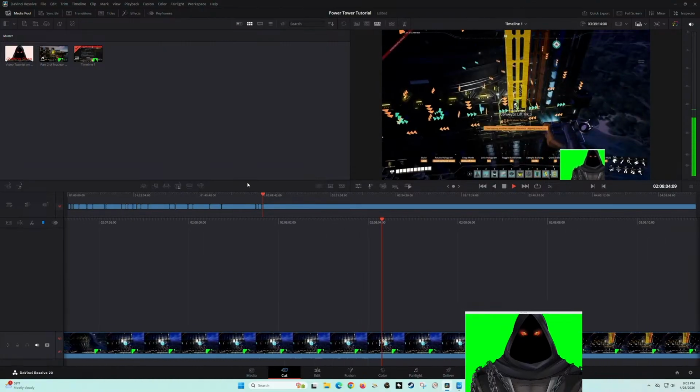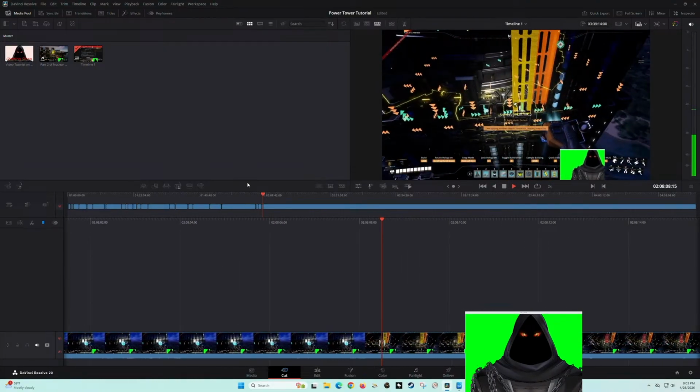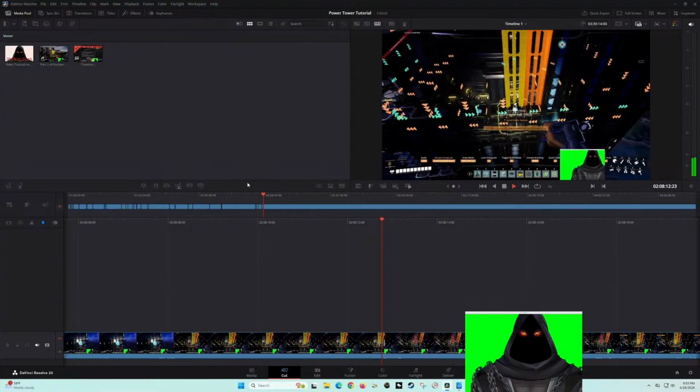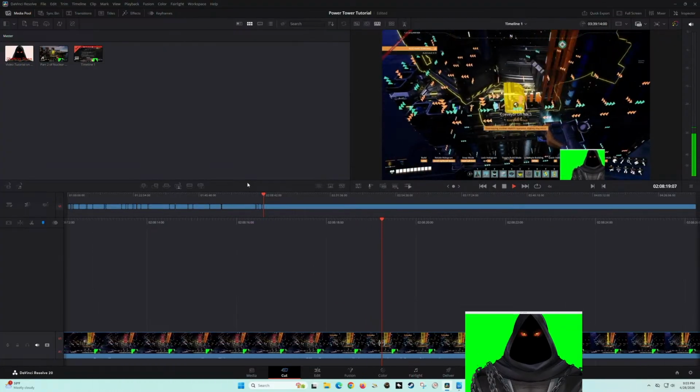Oops, I made a mistake. I forgot to connect these lifts together. Mistakes happen, especially around here.